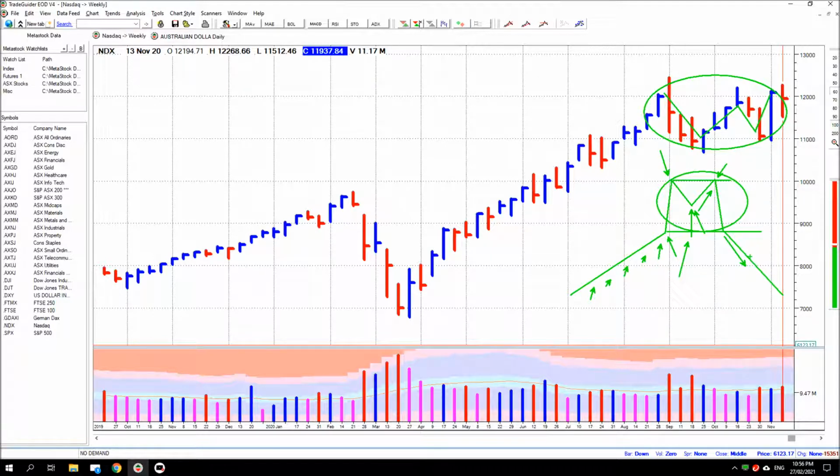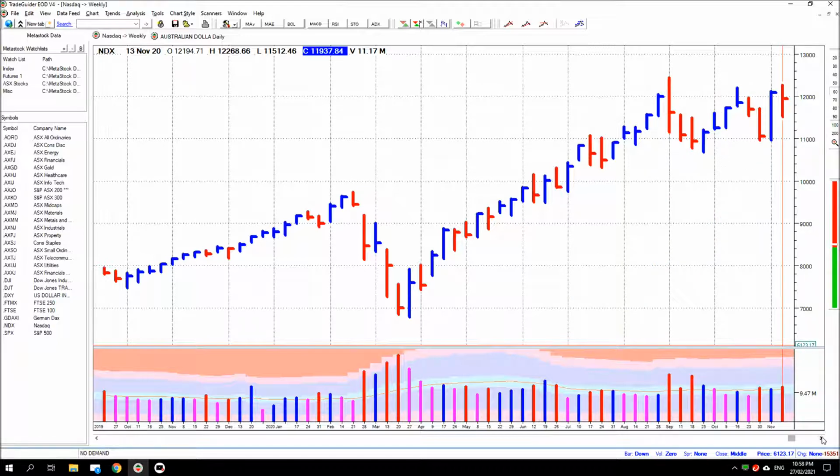And as more and more people realise that the professionals have sold out, the increased selling pressure creates a domino effect, and price continues to move lower in response. And as more people sell, price moves lower. That puts more people under pressure, and the pain of the price moving lower causes more and more people to sell, and it's like a snowball effect, and price continues lower in response. Okay, that was a happy story, wasn't it?